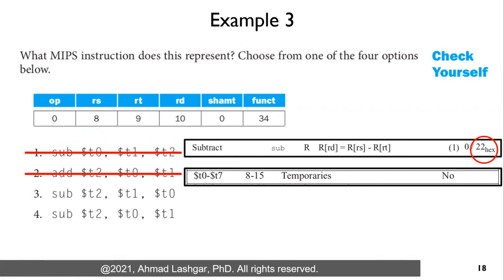In the instruction word, we see that RS is 8 and RT is 9. This means that the first operand is T0 and the second operand is T1. So the correct answer is option